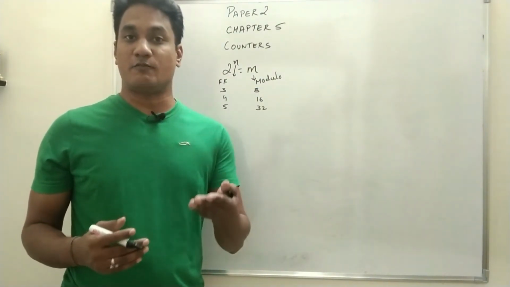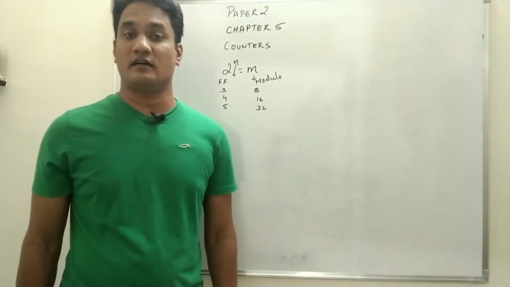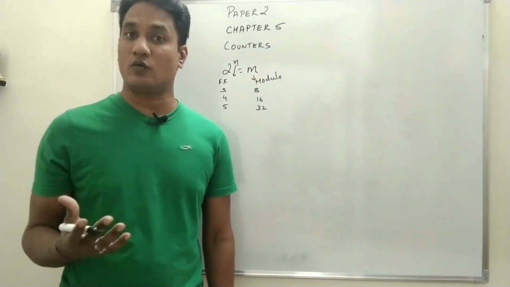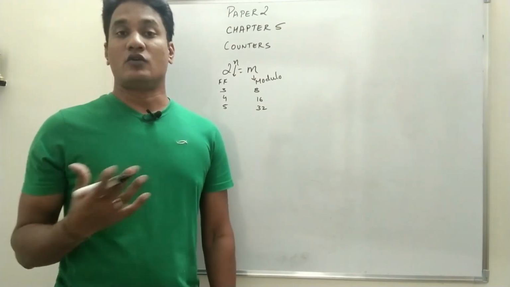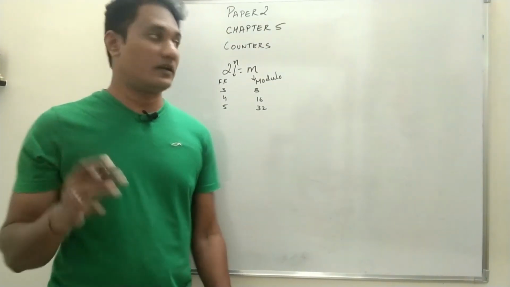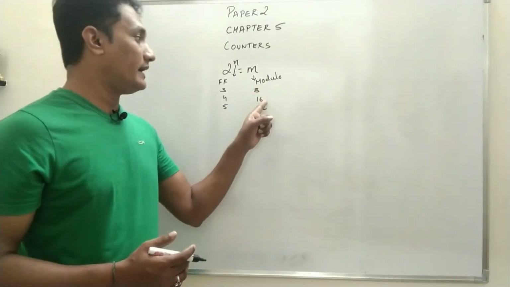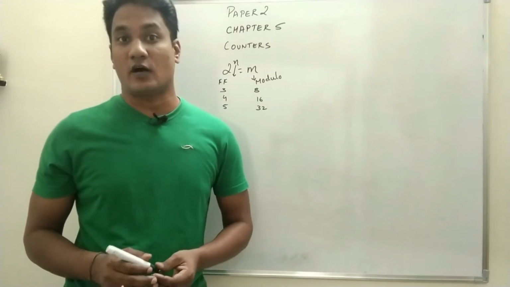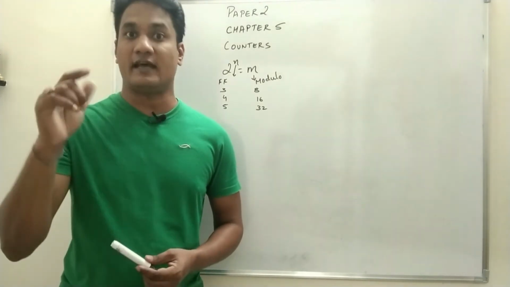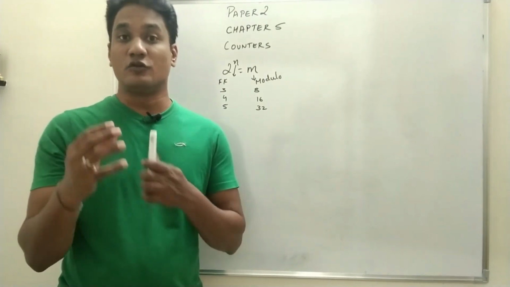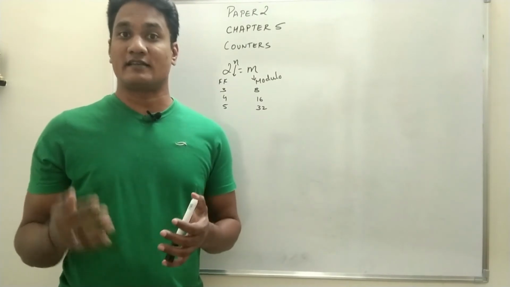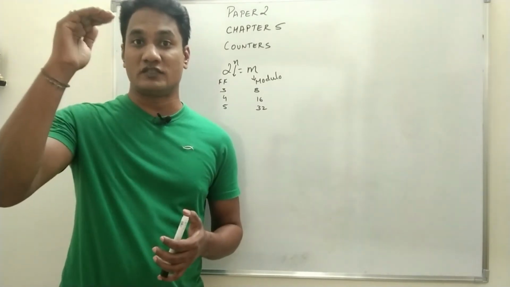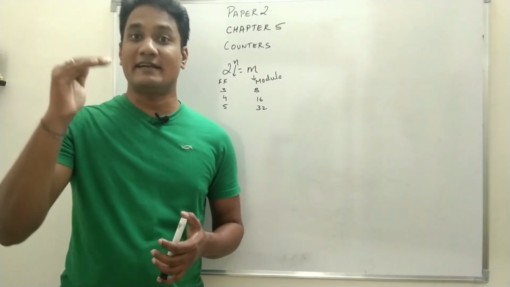Now in this part we will try to understand counters. We will design counters whose counts are in between. For example, as I said, the modulo will be either 8 or 16 or 32. Suppose you want to design a modulo 10 counter, that means the count is between 8 and 16. So there should be some mechanism so that the circuit starts counting from 0 to 10 discrete states.